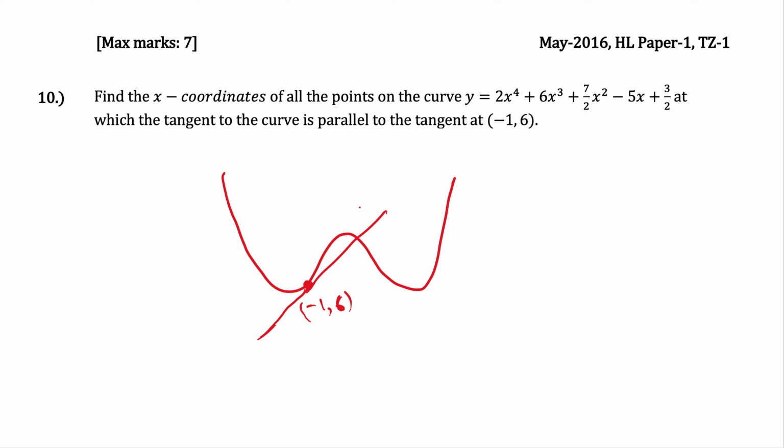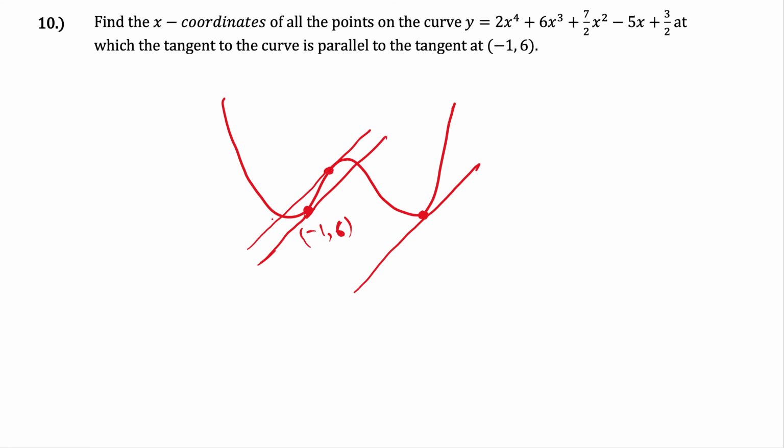And let's say that we have two more tangents, one through this point and another one through this point. And now the tangent through this point needs to be parallel to this. So this will look something like this, and over here the tangent will look something like this. Now this is totally a rough sketch, and what we're trying to solve for in this question are the x coordinates of this point and this point. Now that we have an understanding of what the question is asking for, let's solve this.